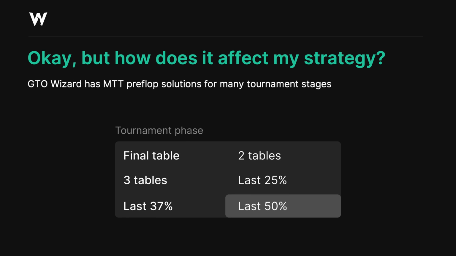Okay, so I've shown you a lot of different charts and numbers, but the real question is, how does it actually impact your strategy? Well, lucky for you, GTO Wizard has MTT preflop solutions for many tournament stages, ranging from final tables to the last 3 tables, 25, 37, and 50% of the field remaining. So let's go and explore a few of these different tournament phases and compare how your strategy changes as the